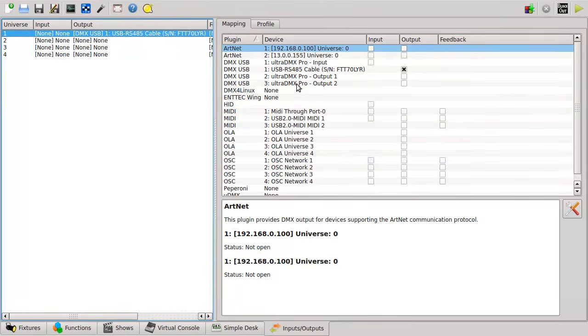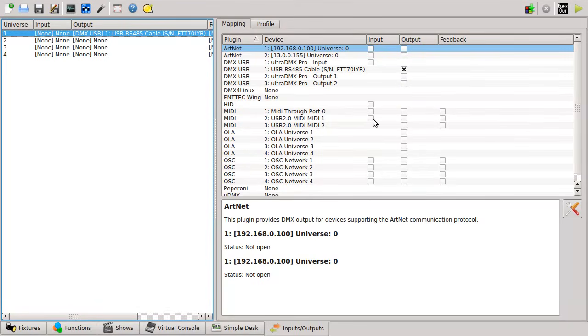Going on, here there's another DMX USB dongle, which is quite, let's say, advanced, because it has two outputs and one input. It shows here the possibilities of this device, so you can see one input and two outputs here. Then I've got some MIDI ports available, and my very cheap dongle that I bought on Amazon for $10 more or less